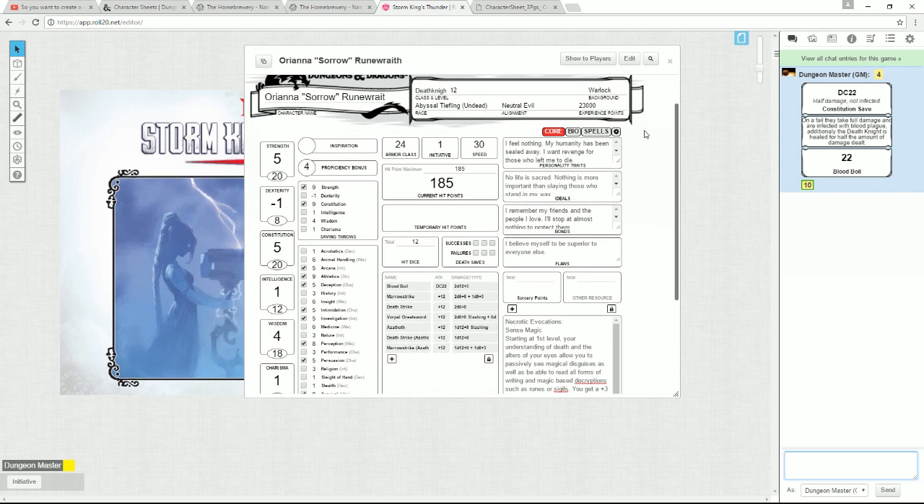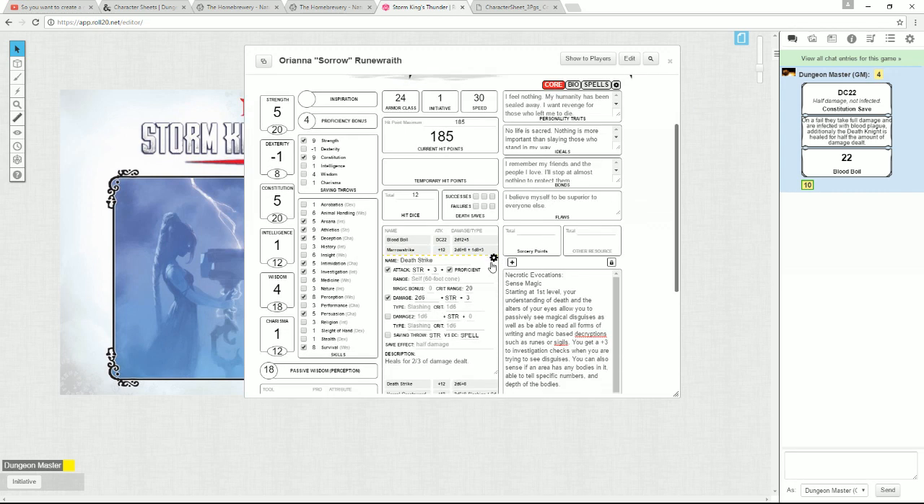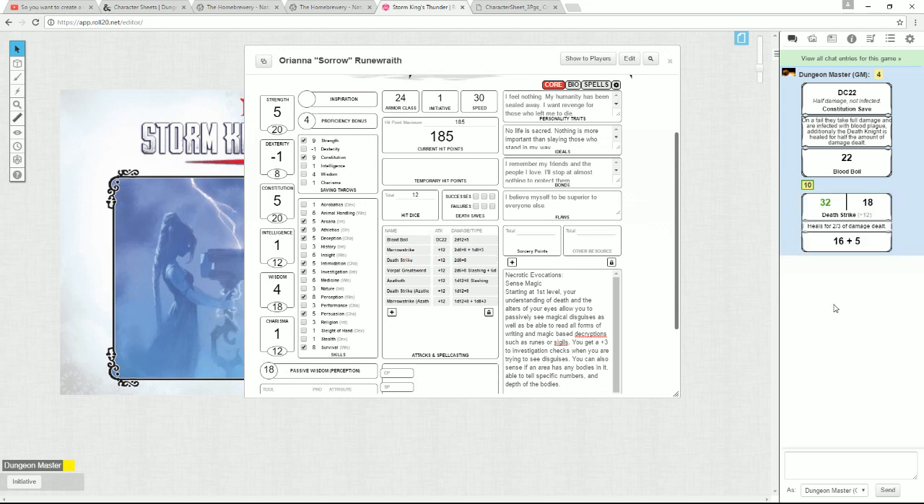Ability seems good. What next? Well, let's go back to the Death Strike. So let's look at the Death Strike here. How much damage can a normal Death Strike do? Well, he crit for 16 plus 5. That's 21 damage. That pretty much equals out with the Blood Boil, which is important because you don't want your